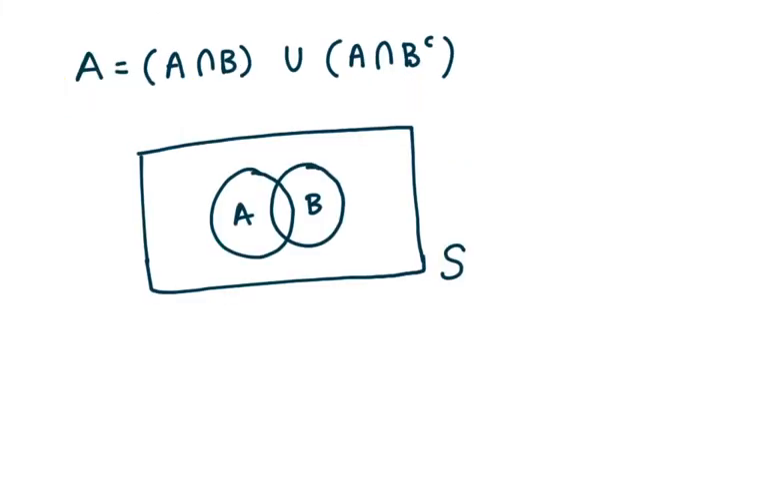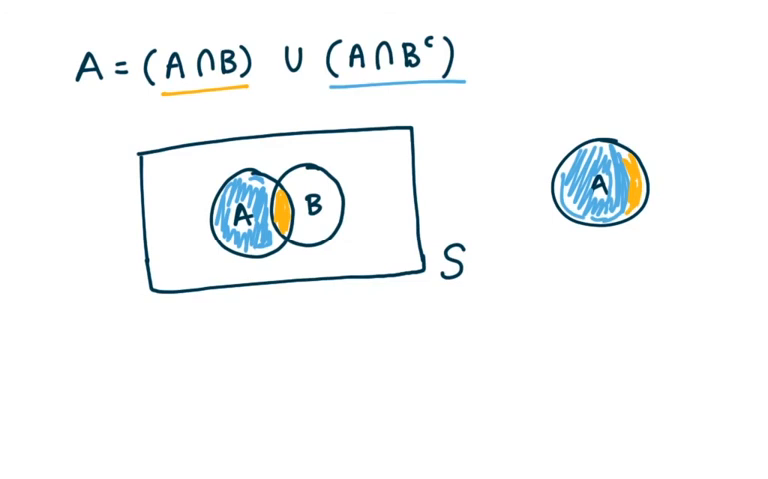Now we're looking at A equals A intersection B union A intersection B complement. A intersection B is this yellow portion. A intersection B complement is the blue portion. If you look, A is made up of the blue portion and the yellow portion, which is why we can write A as the union of this yellow portion right here and this blue